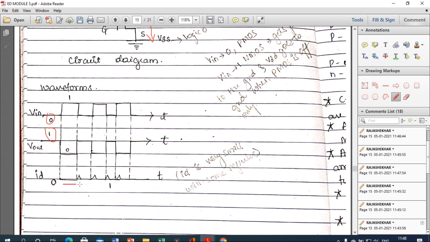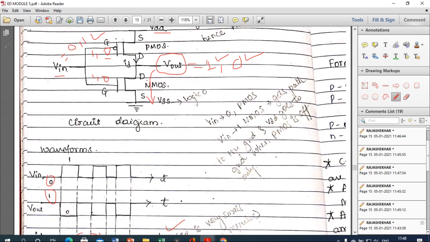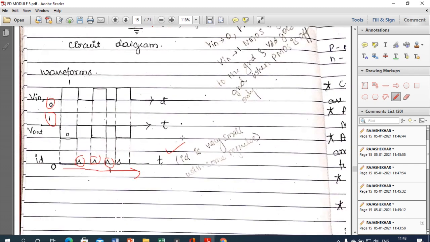And this is the drain current which flows through the transistor. Here these we call ripples, which are present in the output current with respect to time. I call it drain current because it flows through the drain terminal. This is the drain terminal. Here I showed you the drain current. So this drain current flows through the drain terminal towards the output. That's why I call it drain current.